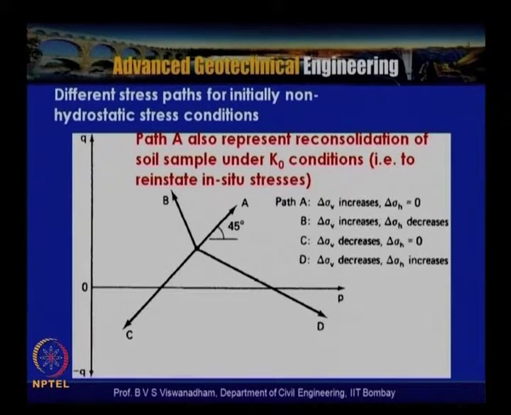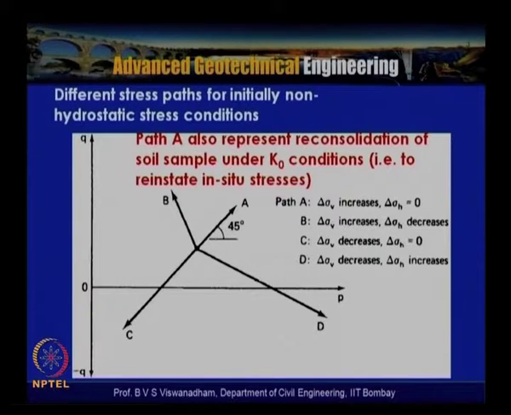The procedure is the same. First, get the initial coordinates, that is Q naught and P naught, and then depending upon the condition, get the final coordinates of the stress path. Then get delta Q, which is QF minus Q naught, and delta P, which is PF minus P naught. With that we will be able to get delta Q by delta P, the slope of the stress path, and we can also draw the stress paths on the QP space.